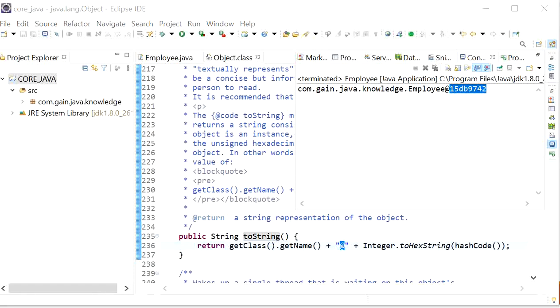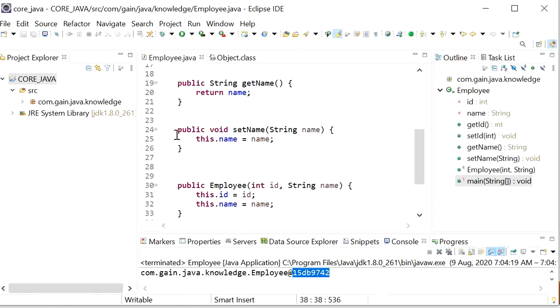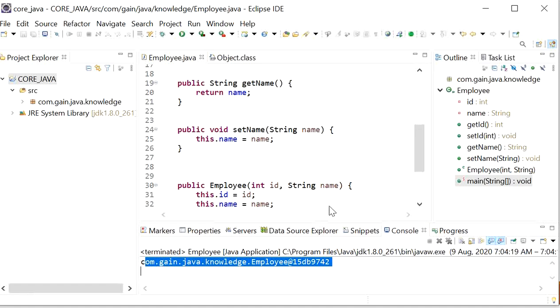If we want to provide our own string representation, then we have to override the toString method, which is highly recommended. If we want to print here the employee name and its id, then we must override the toString method.